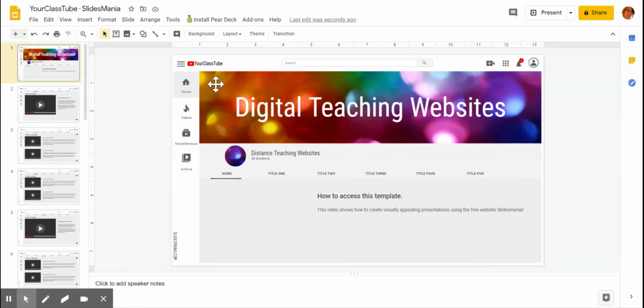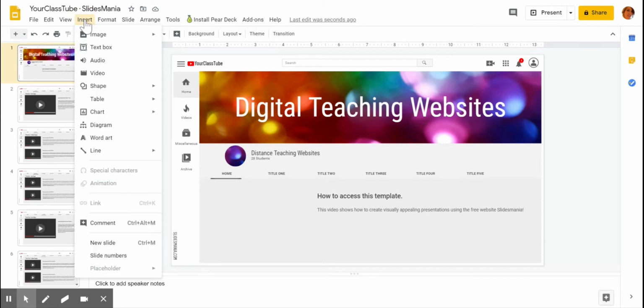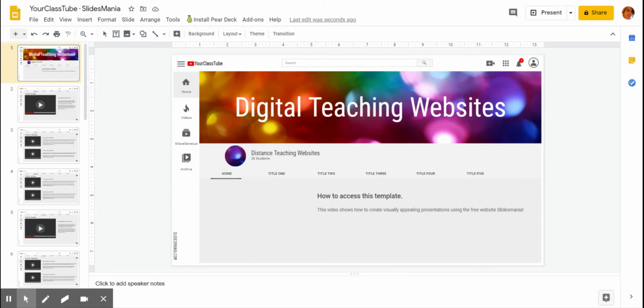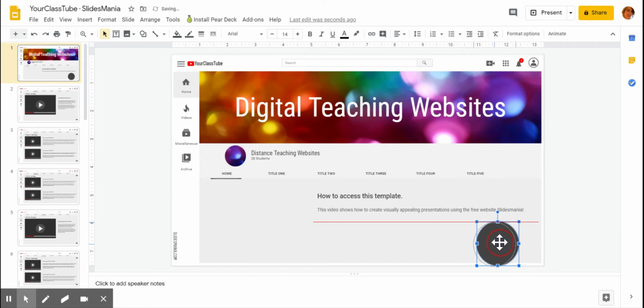Right, I'm going to show you how I make the clickable buttons on my PowerPoints. What I'm going to do is go to Insert, and then Shape. So, Insert, Shape. What I love about shapes is you can just type into them. So I'm going to insert my shape and draw the main shape, and I'm going to put